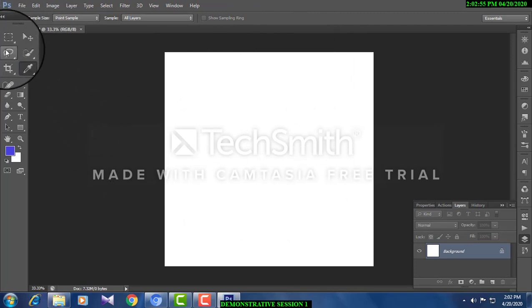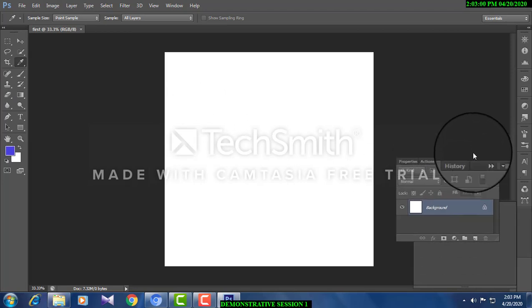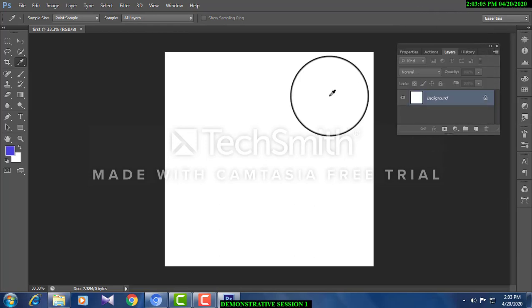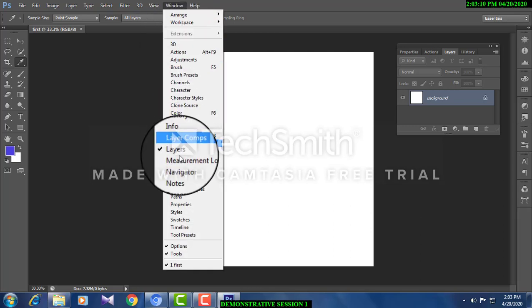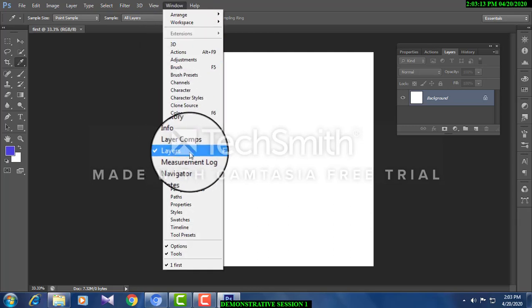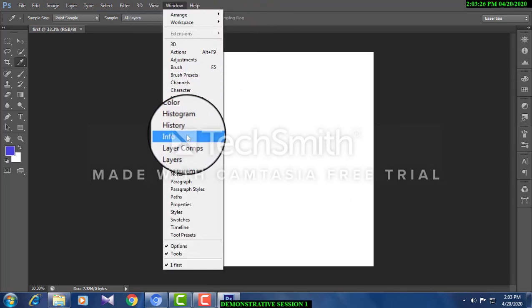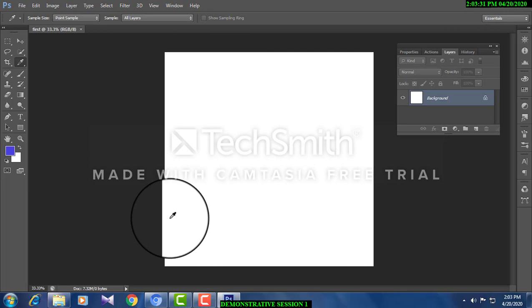And now my dear friends, we are going to go for the tools. We shall have a quick overview of tools. Now you see the panel here. This is the panel called Layers. It appears automatically. If you don't find the Layers panel, go to the Window menu and click Layers. The shortcut key for making the Layers panel appear is F7. Make it clear, it is F7. So it appears. For example, if you want to bring it again, Layers, so it comes here. See, we work with Photoshop with layers.